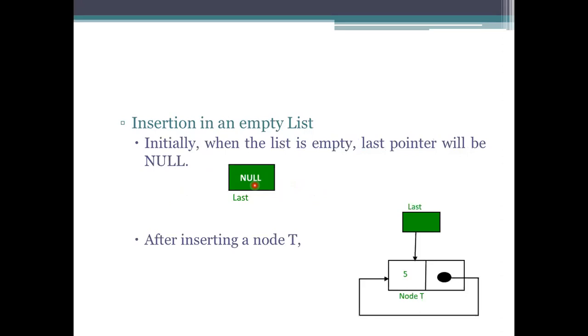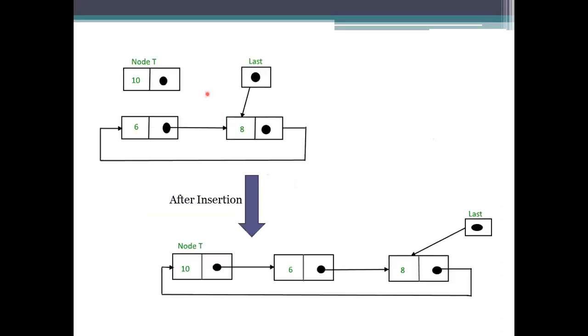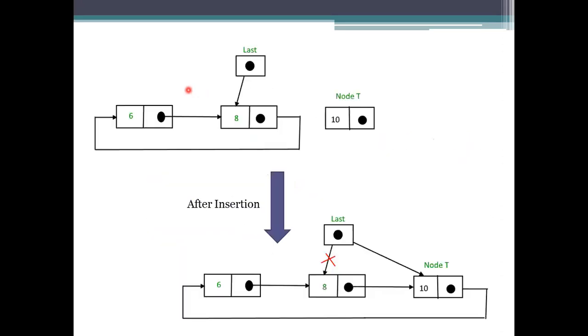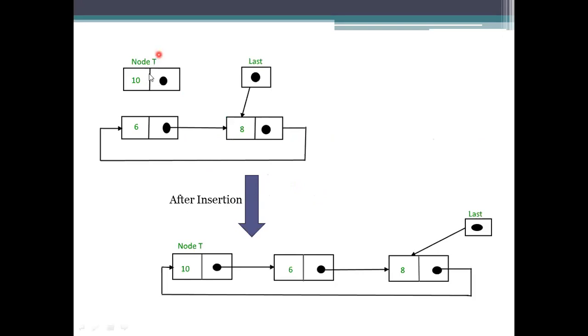So here the created node, the node to be added here, is 10. Already we are having the 2 elements here, and the last element here is 8. Why we are mentioning the last: this is the circular one, so we should know what is the end point of that one. Whenever we have the end value there, we need to specify it as the last one.